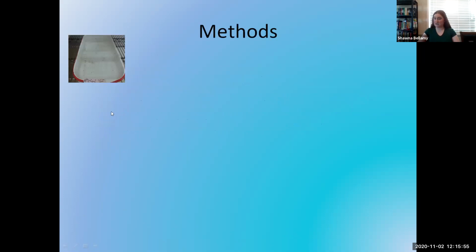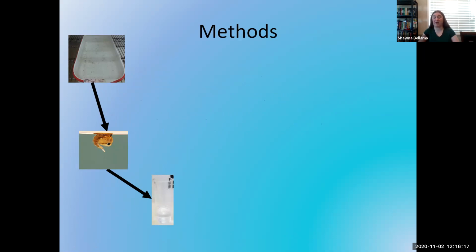So, as I mentioned, groups of 150 larvae were placed into these pans, and these pans were placed into the bioreum. The pans were checked daily for pupation, and all pupae that were found were placed into these snap cap vial tubes, and then the tops were stuffed with cotton, and tubes were placed back into the bioreum to allow the adults to emerge.